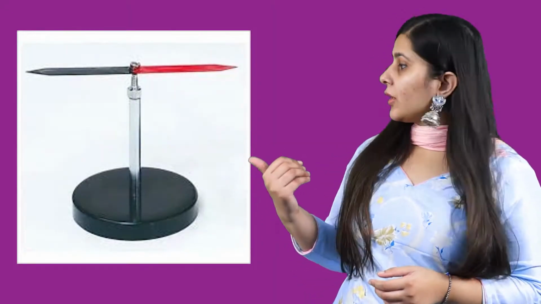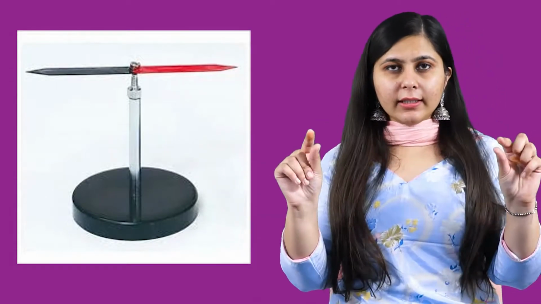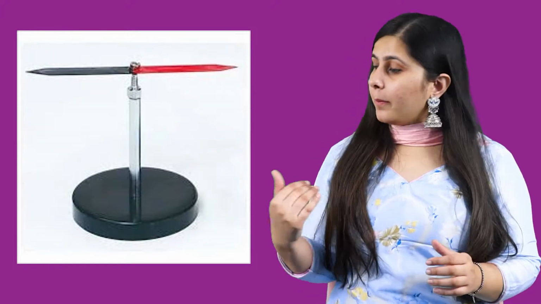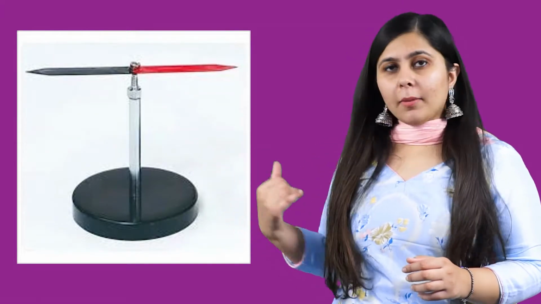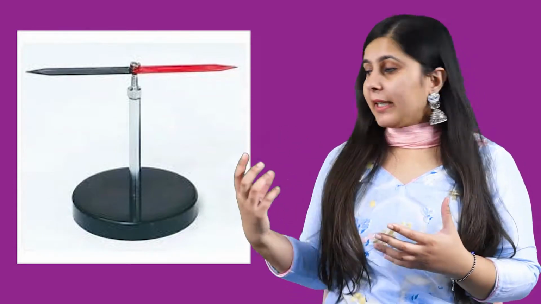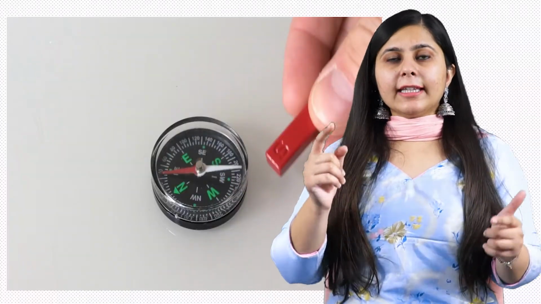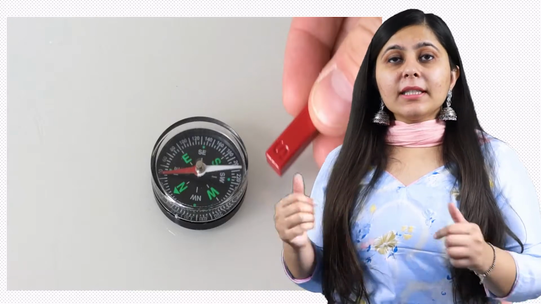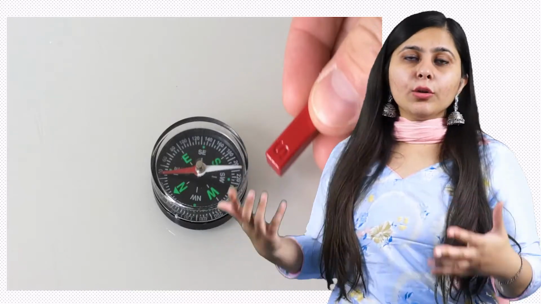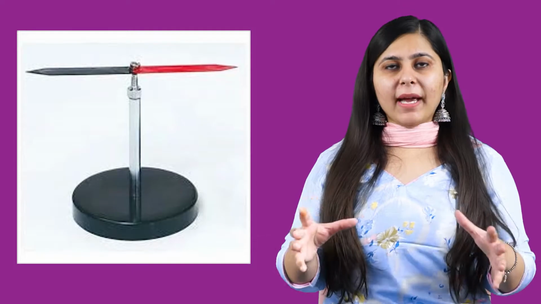So what is a magnetic needle? As you can see in the diagram, it is just like a needle, right? Whenever a magnet is lying nearby, what happens? This magnetic needle starts to deflect. What do you mean by deflecting? That means it starts to change its direction. You can always do this practically by yourself, and you will remember the fact more. So in this, the needle starts to deflect whenever there is a magnet nearby.